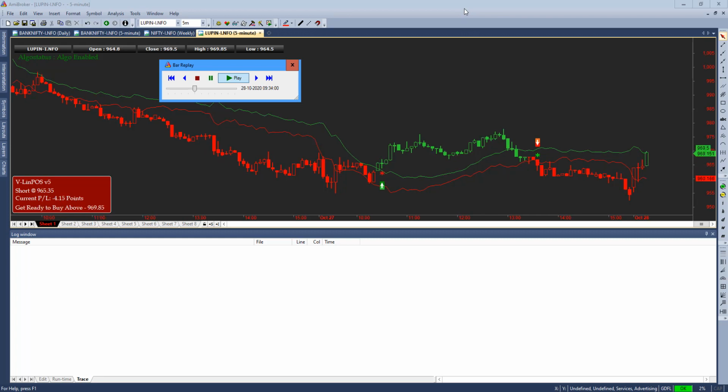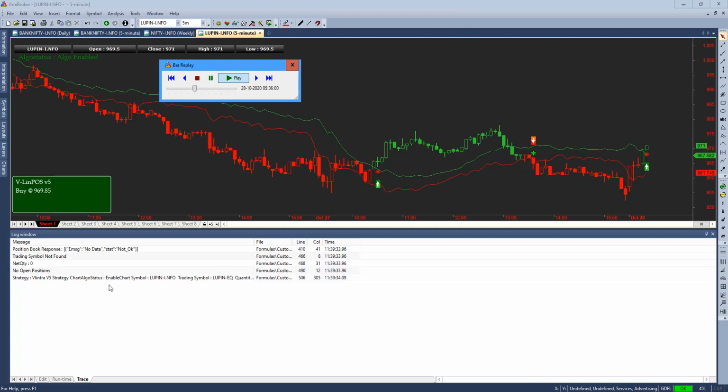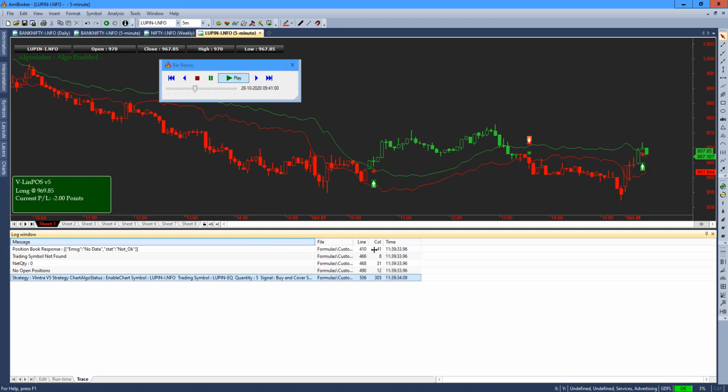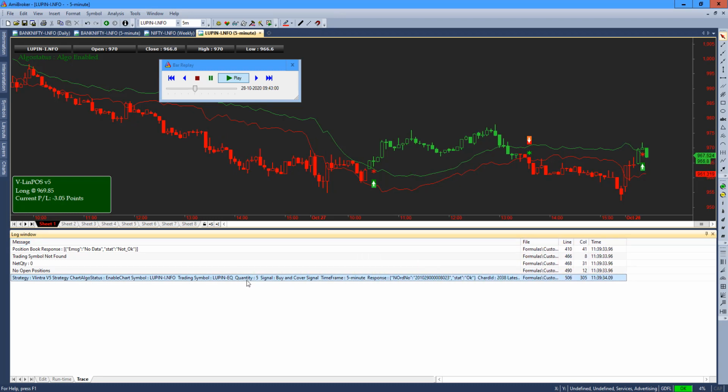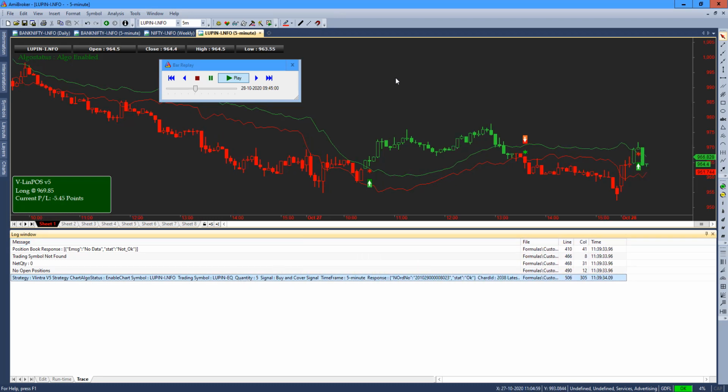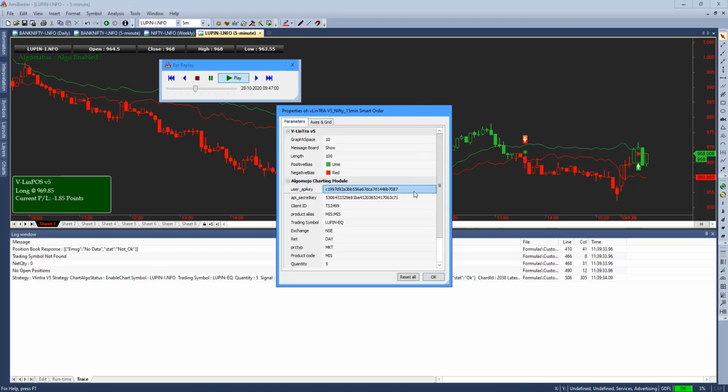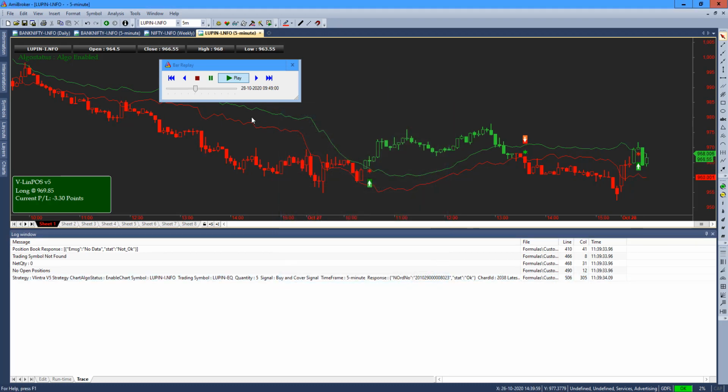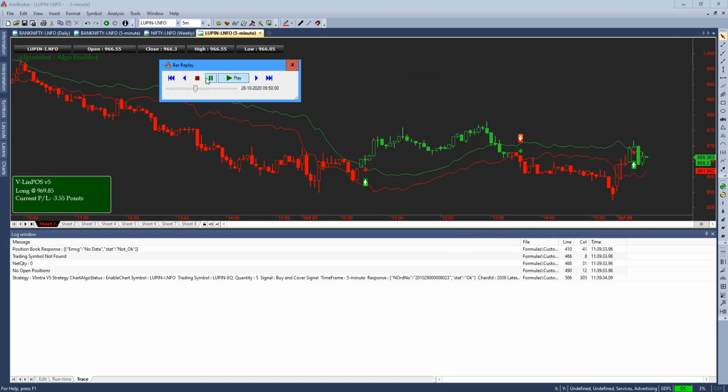So the action is getting simulated here. Anytime we can expect a signal. So there is a signal here. No positions, so automatically the signal is sent. You can see that the signal is sent. Initially the quantity of 5 only is sent over here. You can see there is a signal quantity. The quantity is set as 5 here. Let me pause. So the bar replay is paused over here.